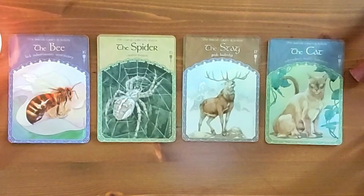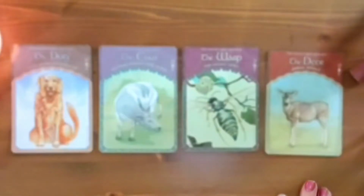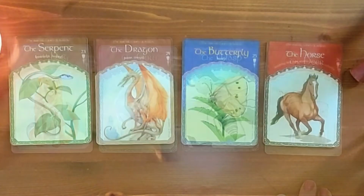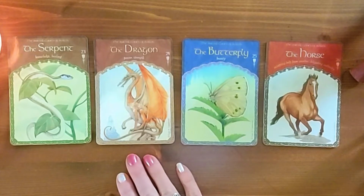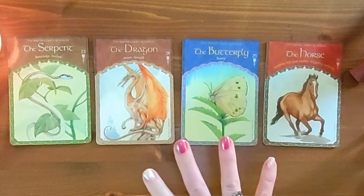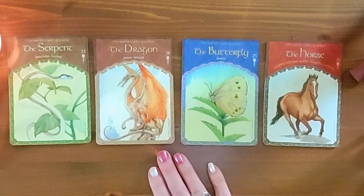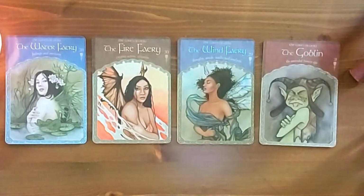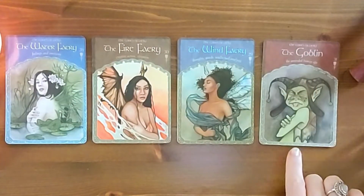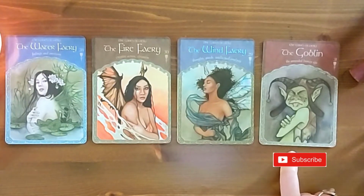And while I don't like animal tarots per se, I really love all of these animals. They're animals that are from North America, or at least the Northern Hemisphere, with a mythical creature in there. So it's a little bit easier for me to grab hold of these animals and what they mean and to relate to them. And some of the renditions are much more what I would consider traditional renditions of the Fae,